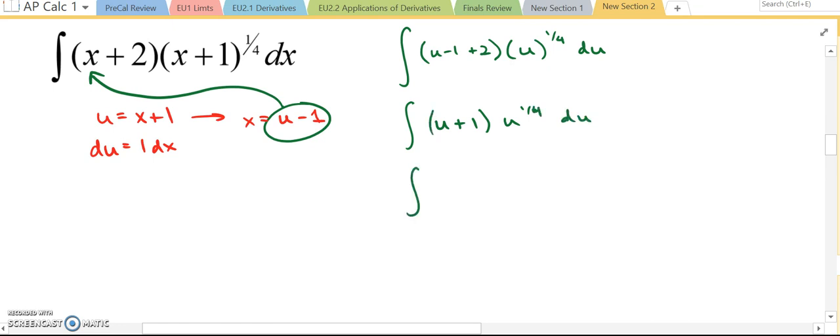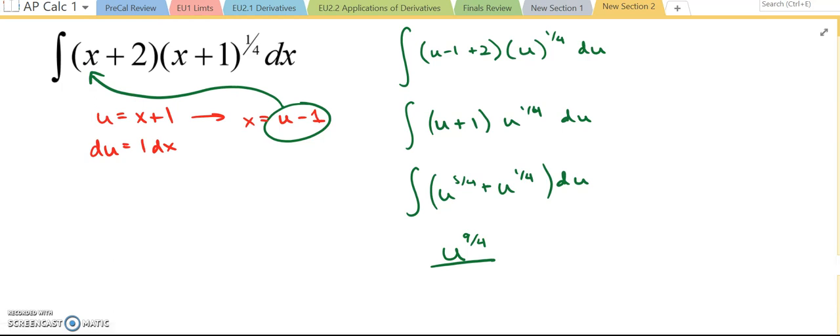Distributive property. And now we have an integral that we can deal with. Computing this integral, antiderivative to get rid of that integral sign. U to the 9/4 over, and again, this is where we have to do that wizardry. It should be 9/4, all of that stuff on the bottom. So we're going to put the 4 on top, 9 goes on the bottom,